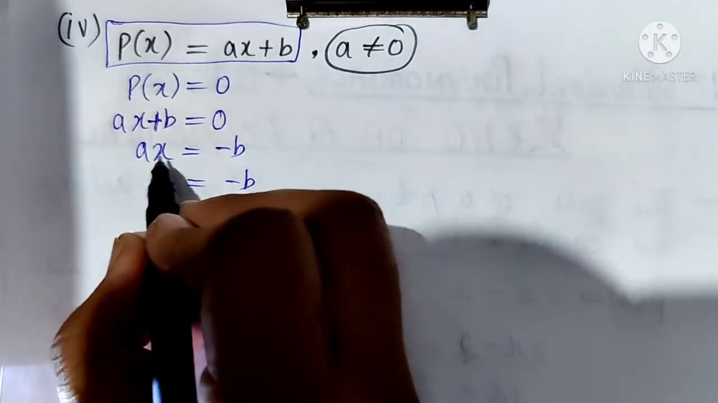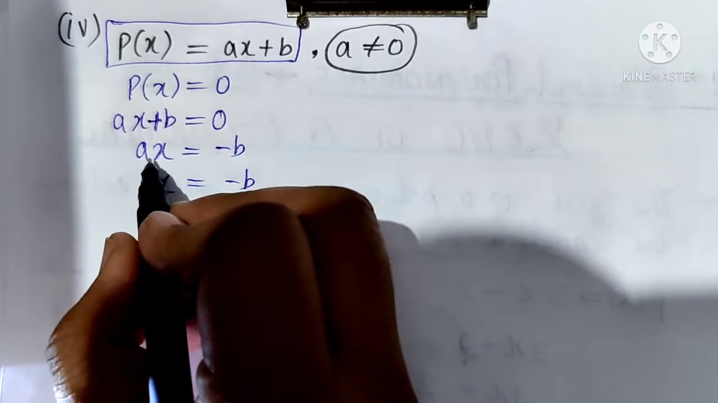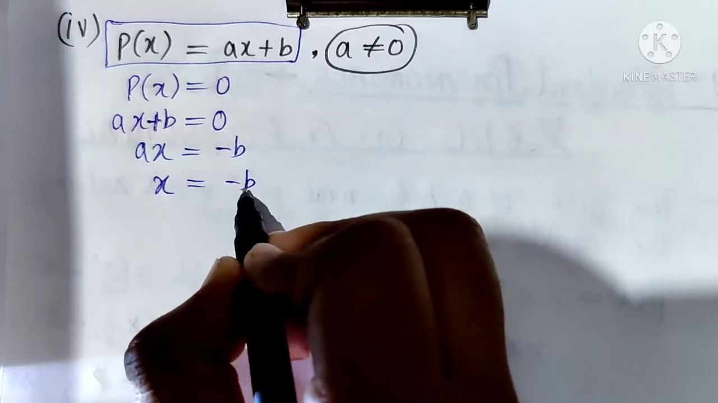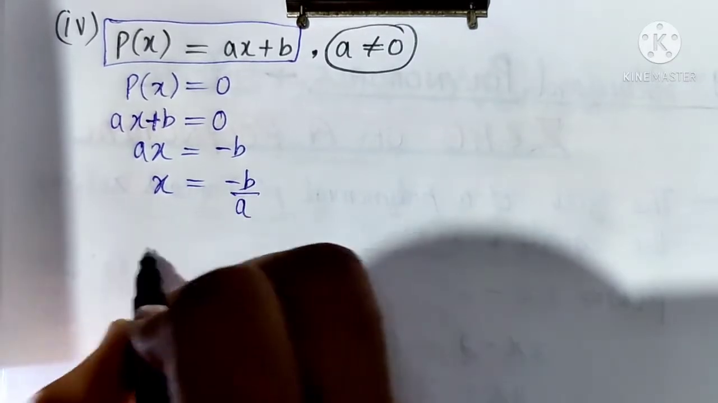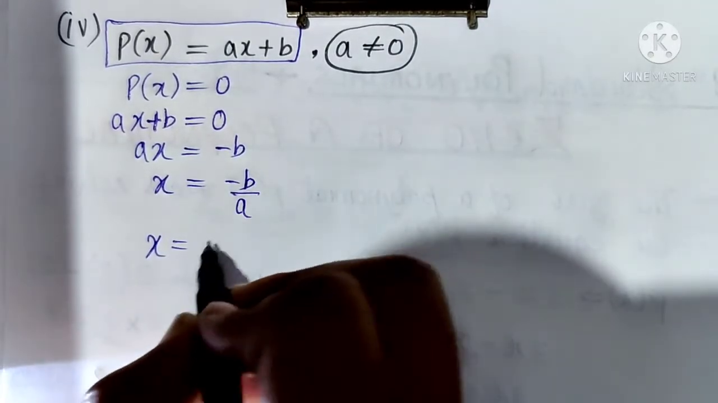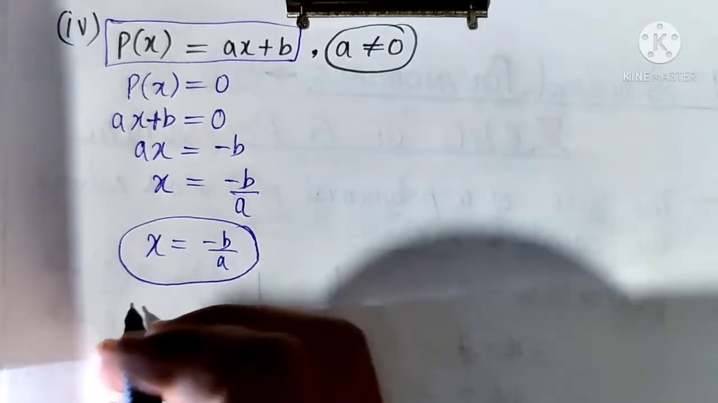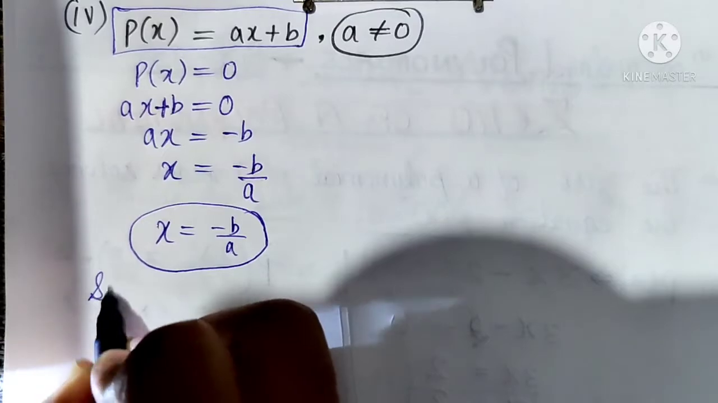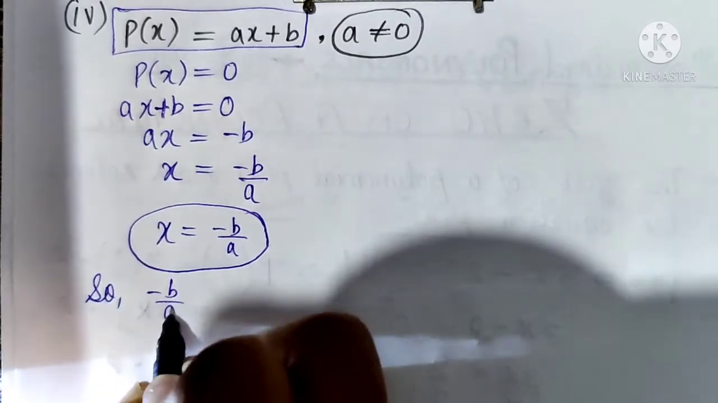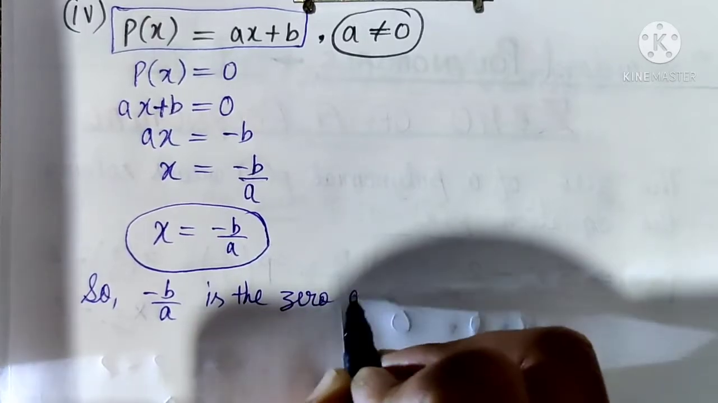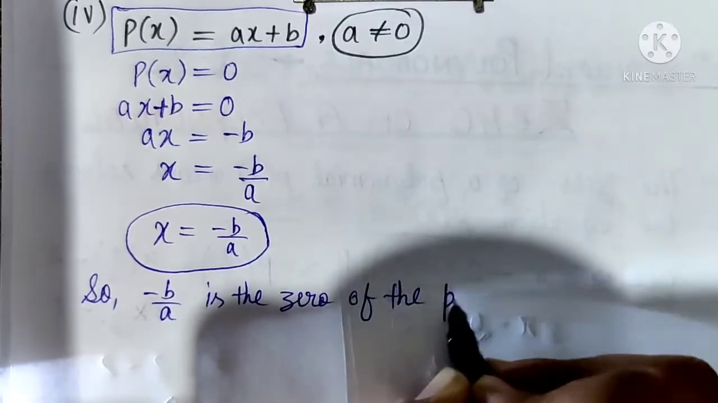Right now it is a and x in multiplication form. See what is the relation between them? A multiplied by x. So when it goes down to the right hand side, it becomes divide. So it means x equals to what? Minus b upon a. This is the value of x. So we can say minus b upon a is the 0 of the polynomial